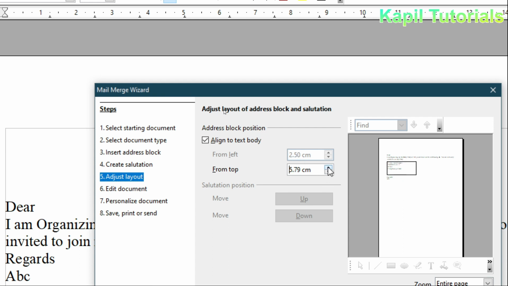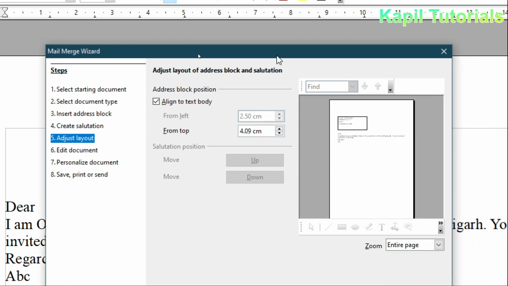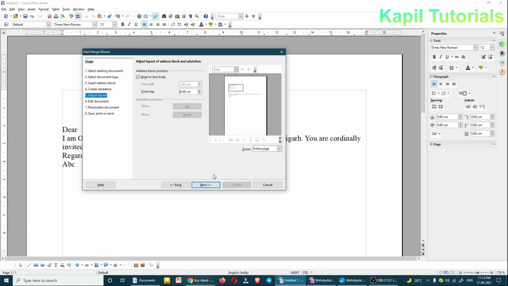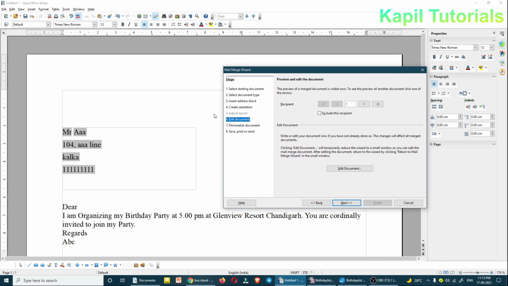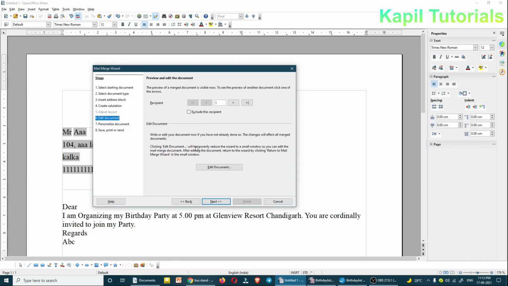From the top, suppose I want to make it down, or I want to make it up. If I want it on the top, I'll take it up. It is showing me the preview, and then I can click upon next, and you could see in the preview here also it's showing how it will appear.